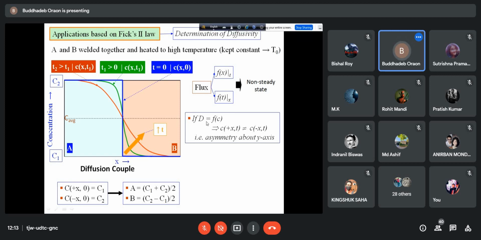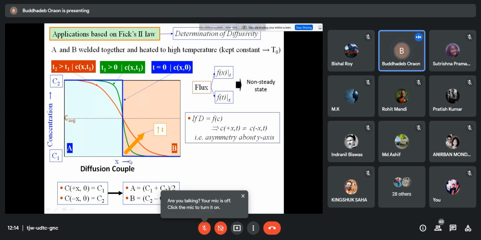So it looks like this. So this is a diffusion couple. Left hand side one metal, let us say we can consider A. On right hand side B. So we are interested in some diffusing species, such that on A side you have got the concentration C2, and on the right hand side, that means in metal B, it has got a concentration C1. So this is the difference in concentration initially. So C2 minus C1 is the difference in concentration initially.